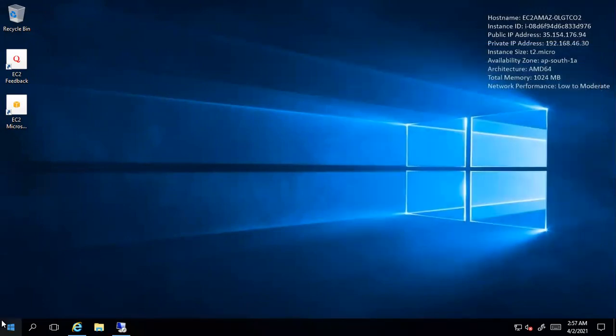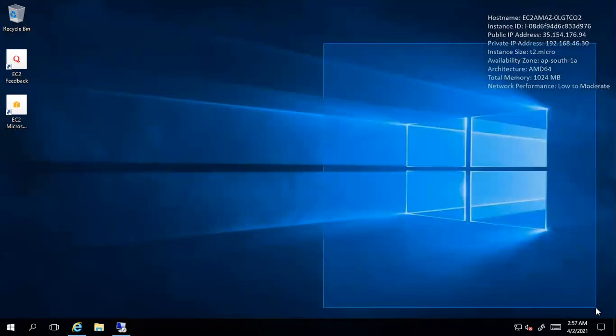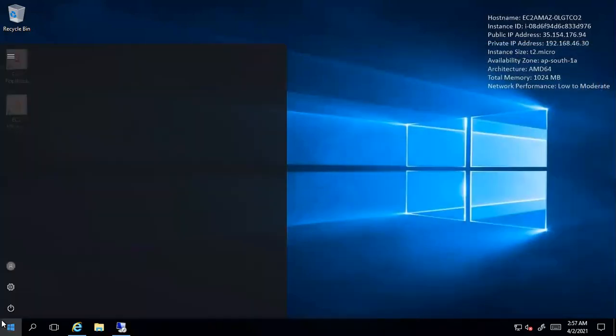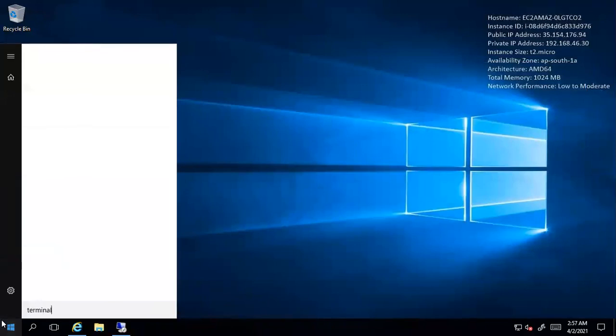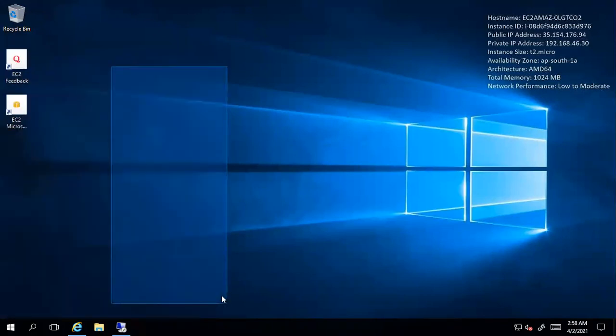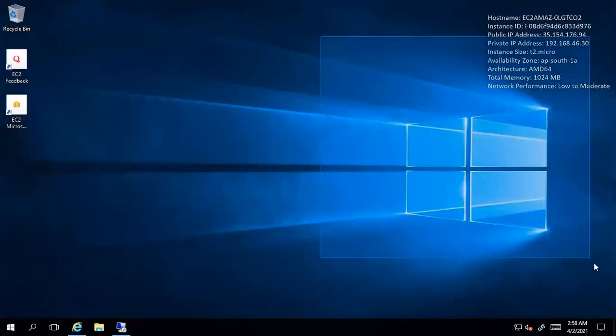For that, we need to purchase a license from Microsoft. That license is a terminal license. So there is a service called terminal. We need to purchase a license from Microsoft and apply that license in this machine. Then it will allow 10 members to connect to the server at a time.